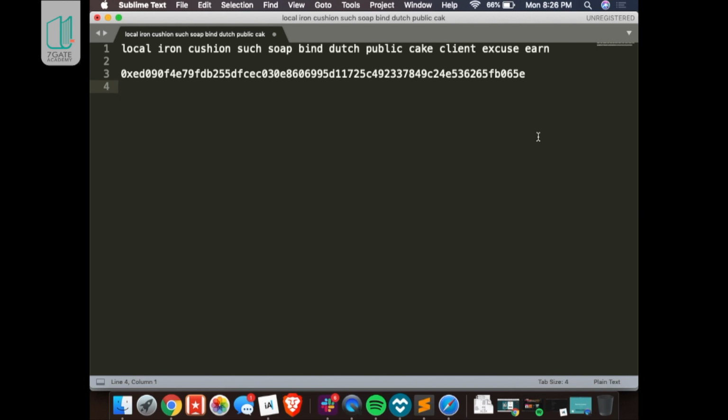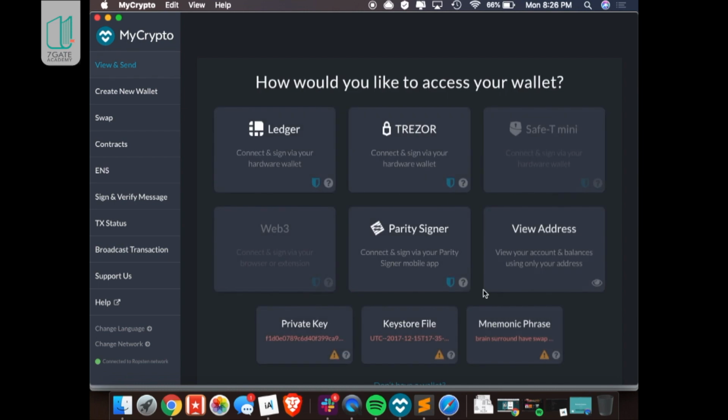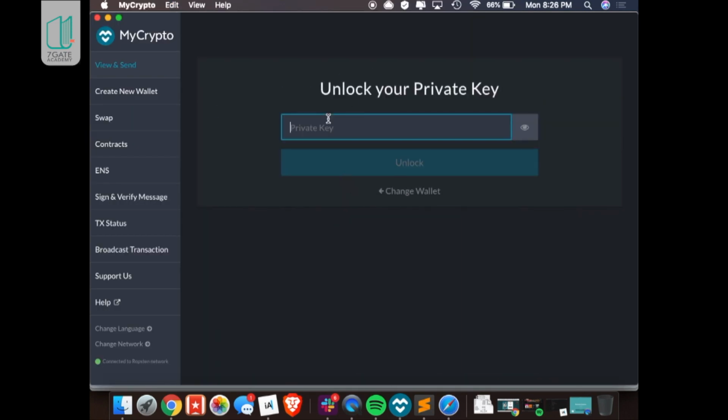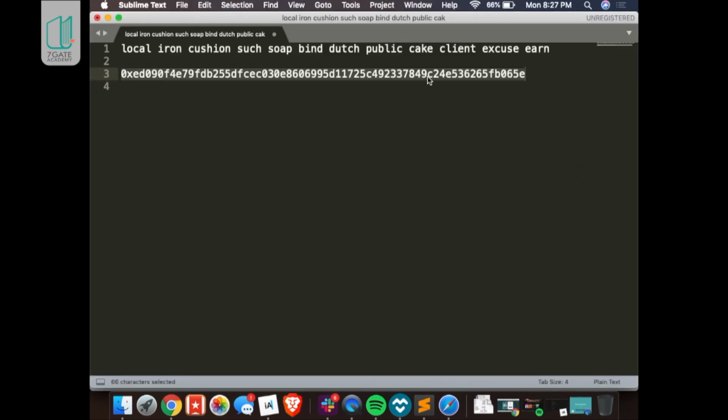Yeah, so maybe I need to express a bit. So you see this private key? If I go here, view send, this private key only unlocks one wallet, this wallet. Okay. Only one. Got it? Yeah. So not so many. These 12 words,